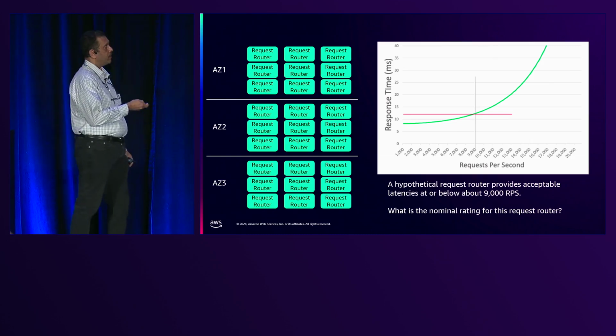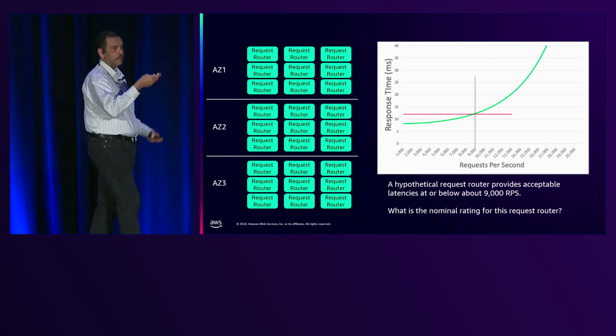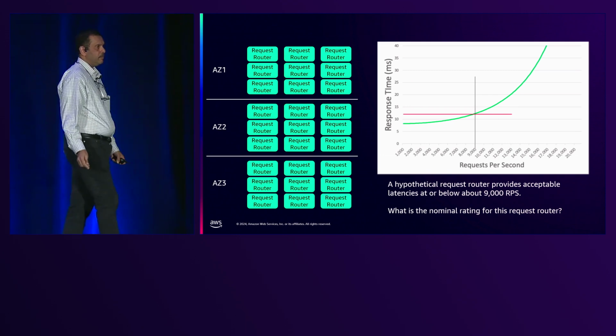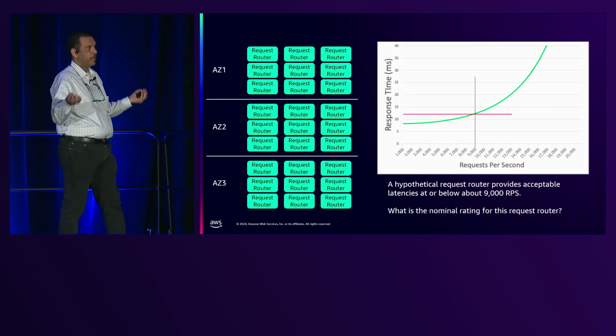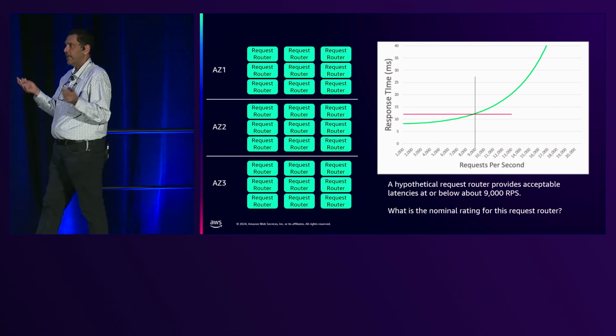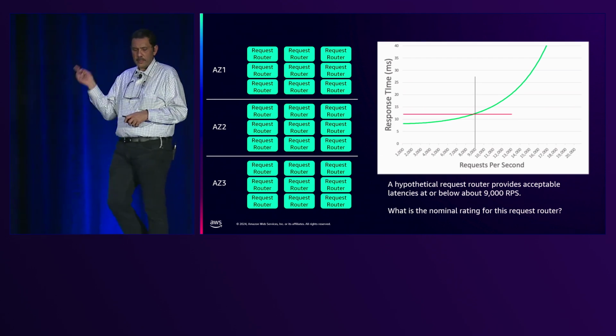DynamoDB has request routers. Your requests come to a request router, which is then sent to a storage node where your data is stored, and so on and so forth. And like all of you, we use AWS services. Whenever a new kind of hardware comes along, we like to use it because it's more efficient. The scale at which we operate, we can save money, we can do good things for the planet. And we tested a new